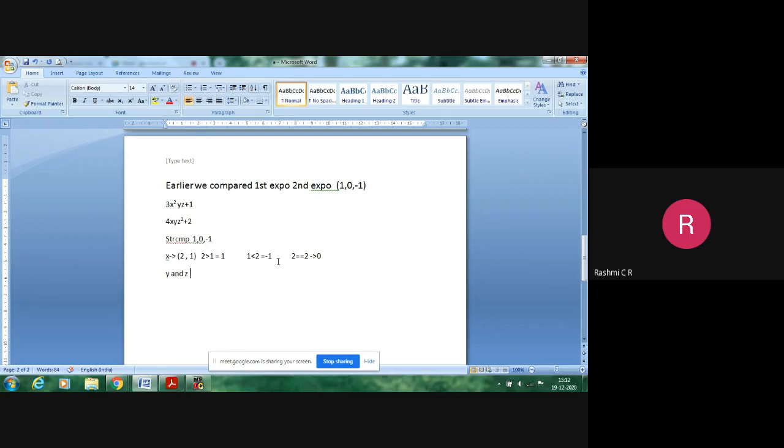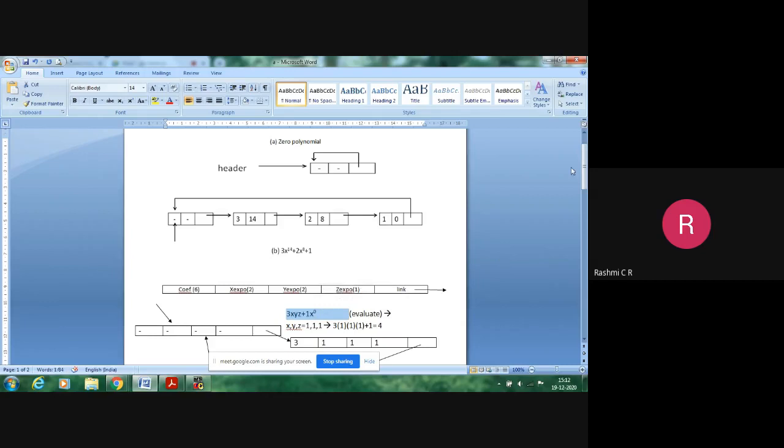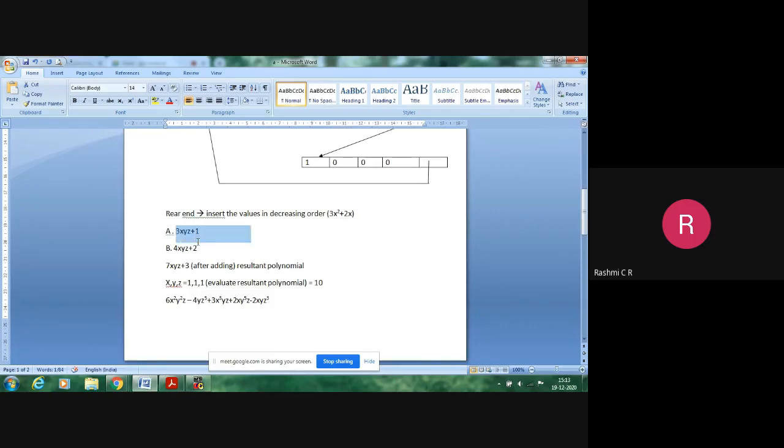Whenever you are comparing, only if the exponents are equal can I add the coefficients. If it is not equal, I'll return one of the values just for appending that term. We shall understand this concept with the program. As of now, we will be doing two different operations. One is to evaluate the polynomial and also represent it using a circular singly linked list. The second operation is to perform the addition of two polynomials by comparison of their terms. Let us understand this with the implementation.